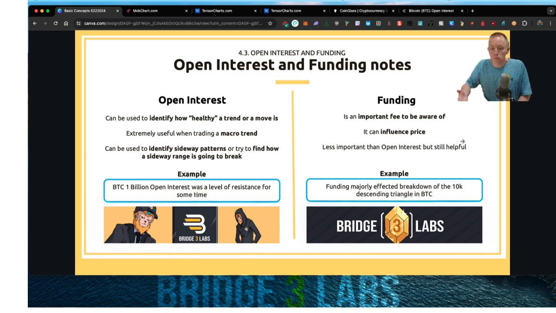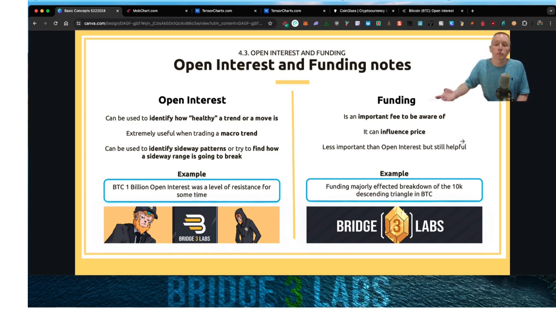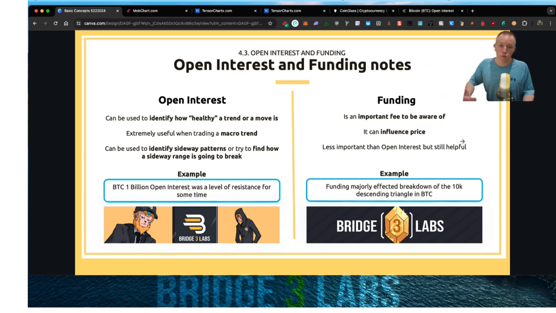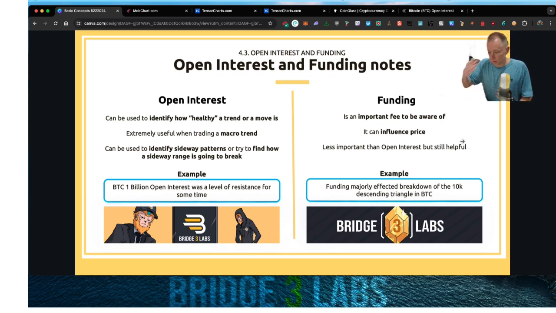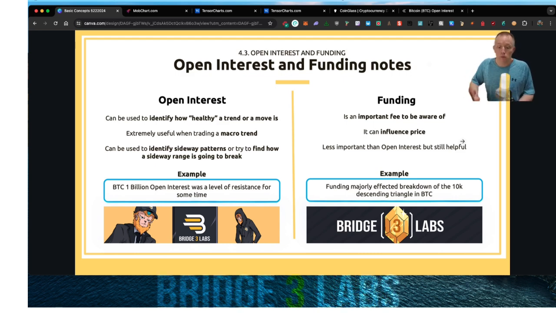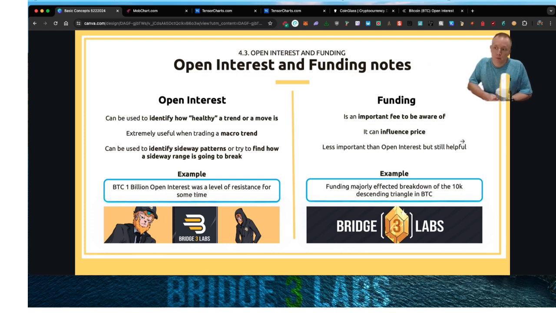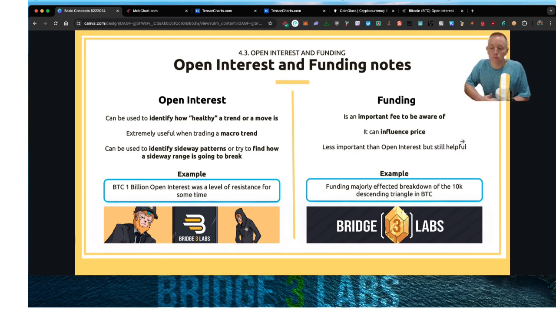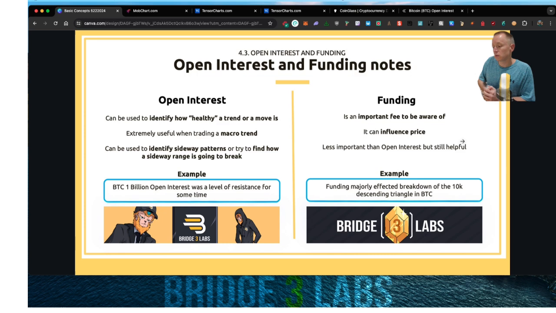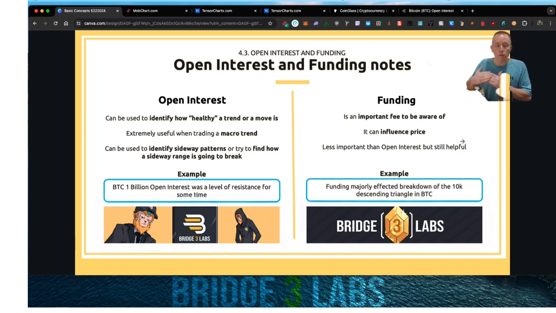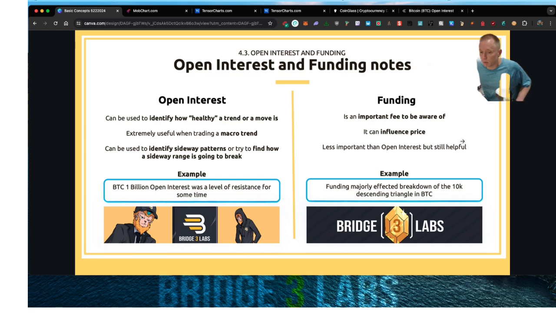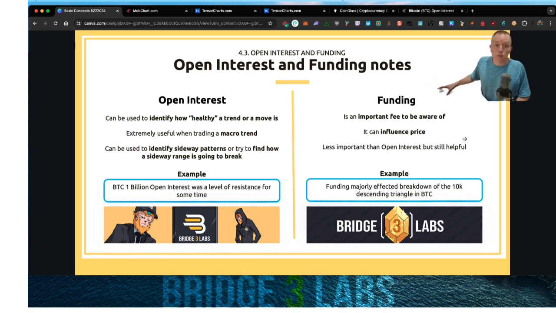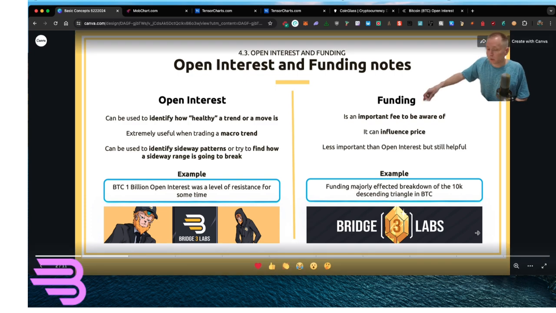I was trying to say all that to tie in that the reason we have open interest is because you hear two different types of futures sometimes referred to in crypto, but mainly it has to do with perpetual futures, right? So there's no actual strike. There's no date, it's just rolling. So the whole point of open interest is to keep the futures price as close to the spot price as possible. It incentivizes traders to trade a certain way or direction in order to make sure that the futures price matches the spot price.